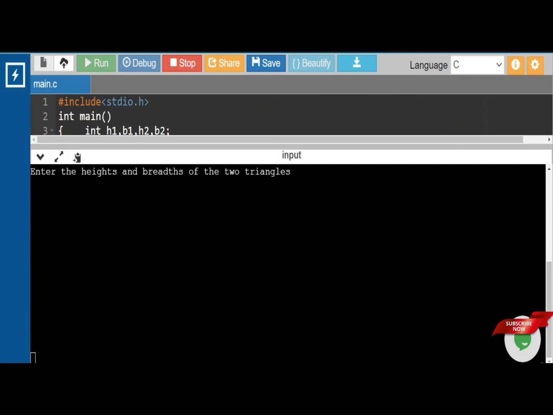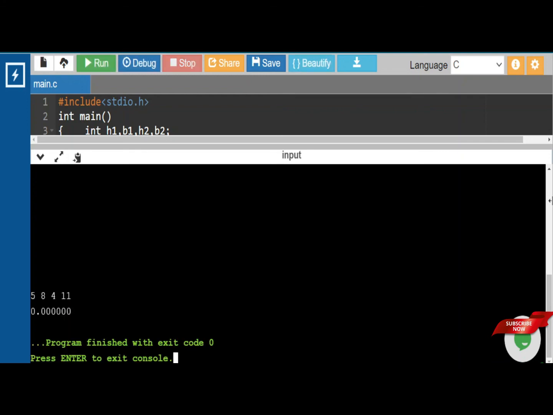That is 5, 8 and 4, 11 they have given. 5 comma 8, that is height 1, breadth 1 for first triangle, and 4 and 11 for height 2 and base 2. Okay, we need to get the output, that is 22 point something. Okay, let us check. Oh, we are getting 0.